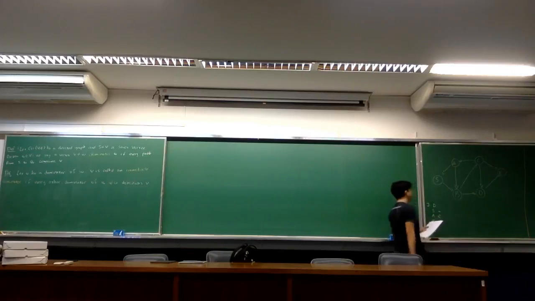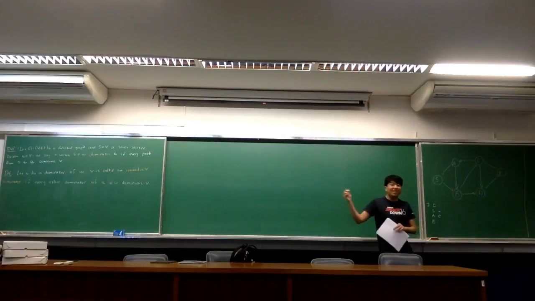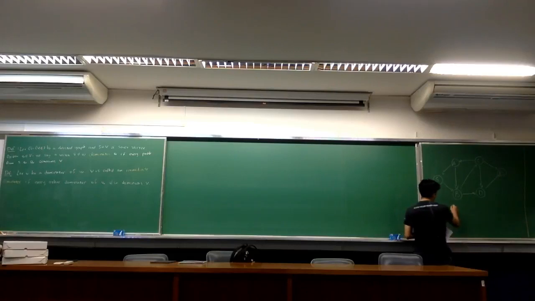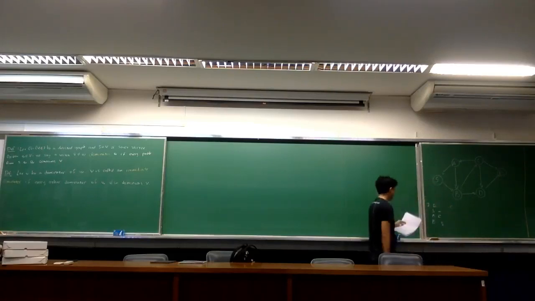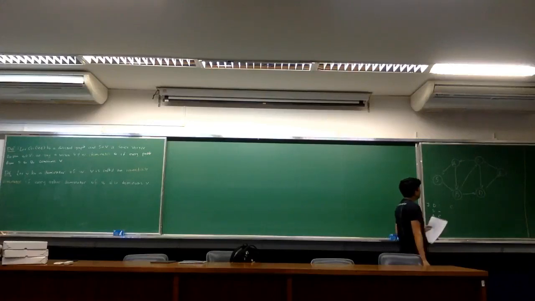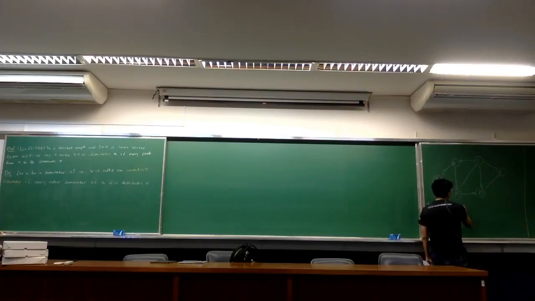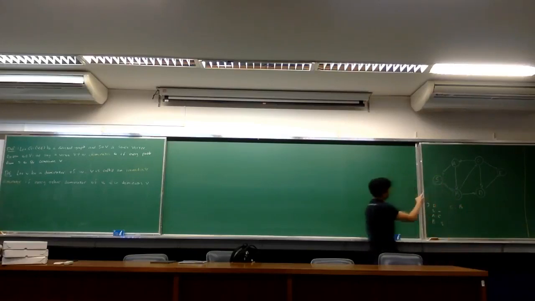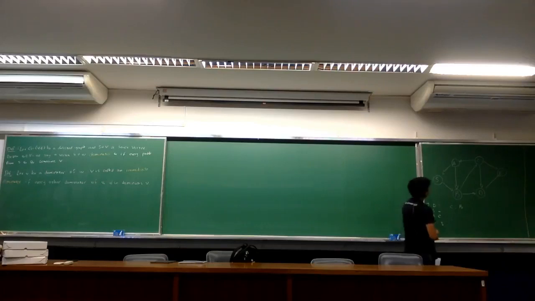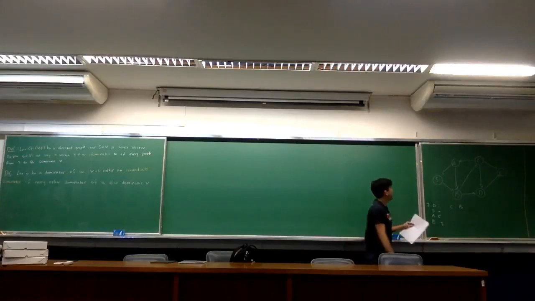What about B? Well, the only dominator of B is S, right? So S by itself satisfies the immediate dominator property because there are no other dominators. What about C? What is the immediate dominator of C? Yes, B, right? The dominators of C are S and B. S dominates B, so B is the immediate dominator of C. What about B?